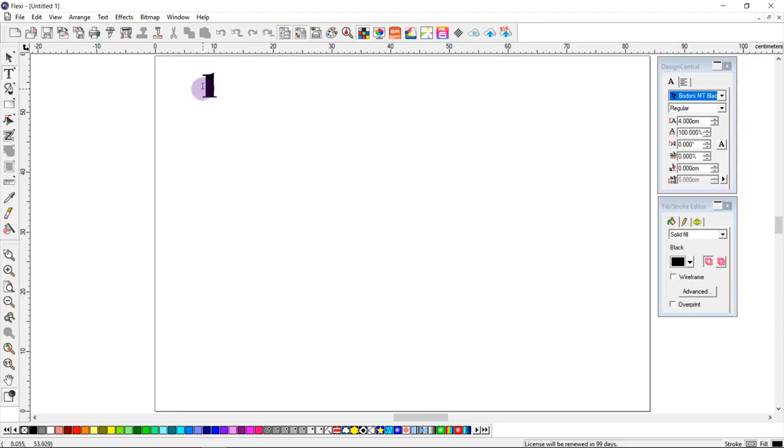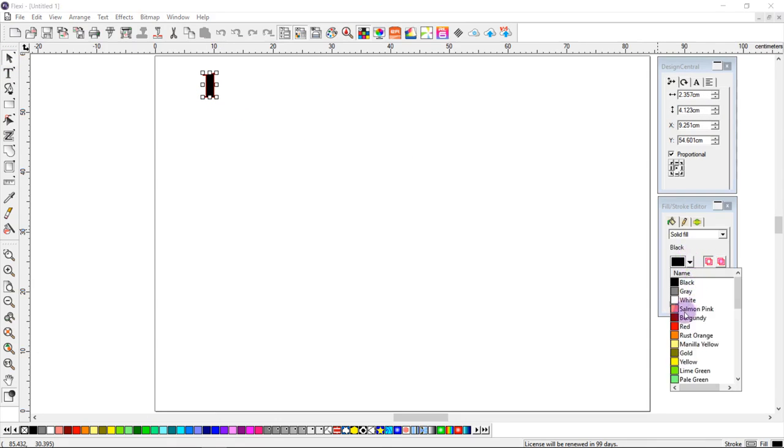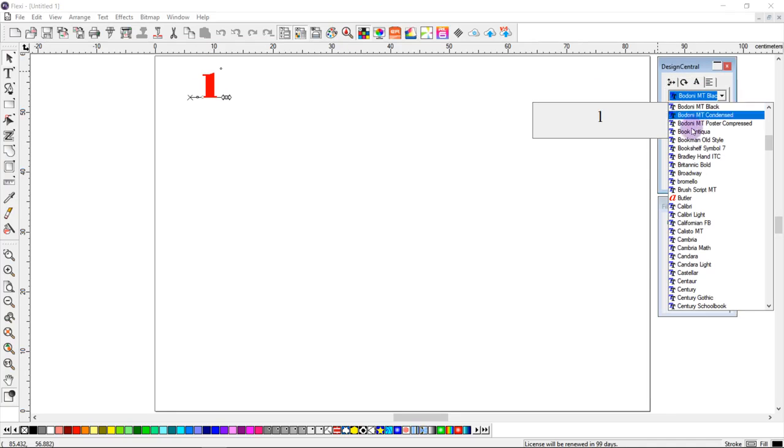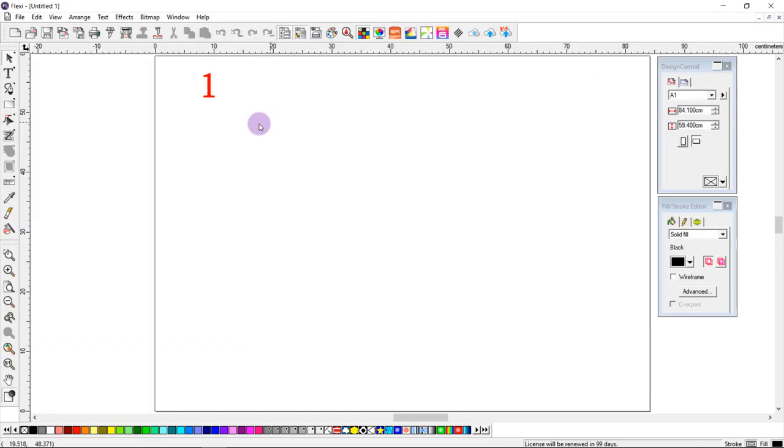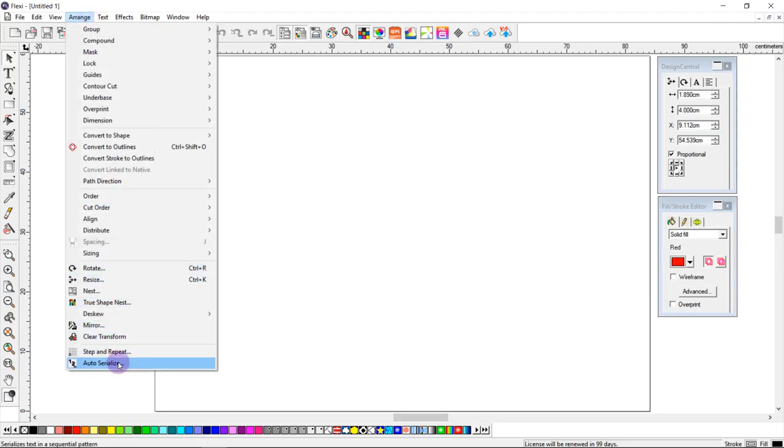It's important that I format this number as I want the rest of my numbers to be formatted. So any changes I make to the color or to the font will be applied to every number that I generate with the auto serialization tool. So when I'm happy with my placeholder number, I select it and then I go to the Arrange and Auto